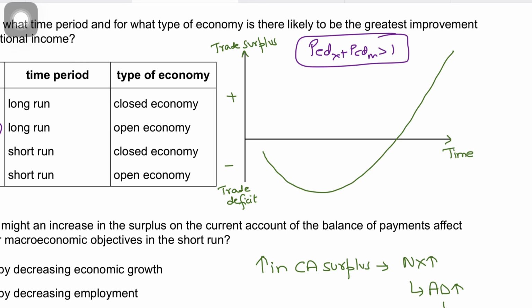What we are essentially trying to say is that in the short run, the PED for exports and imports is likely to be inelastic. The reason is contractual agreements. Firms and countries have made contractual agreements for, let's say, 3-4 years, maybe long-term contracts. It makes it difficult for countries to immediately switch where they're buying and selling internationally,